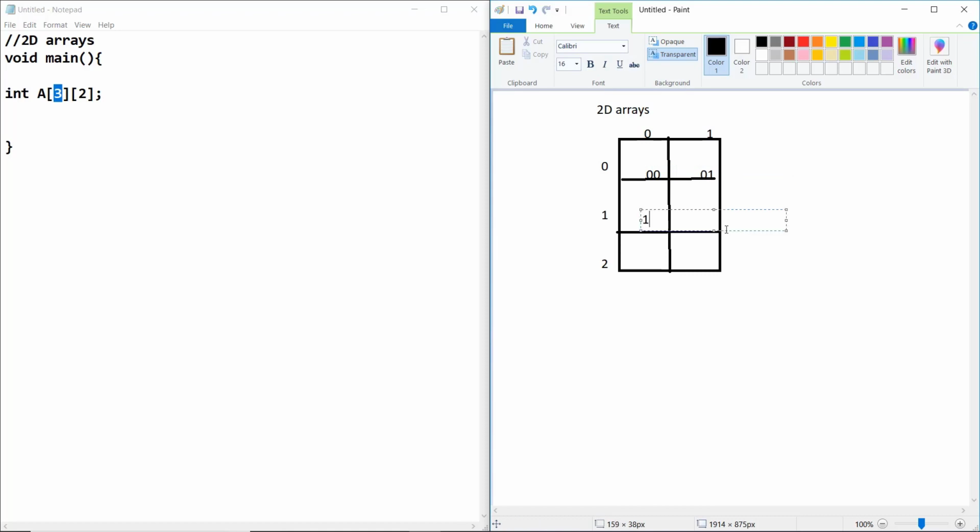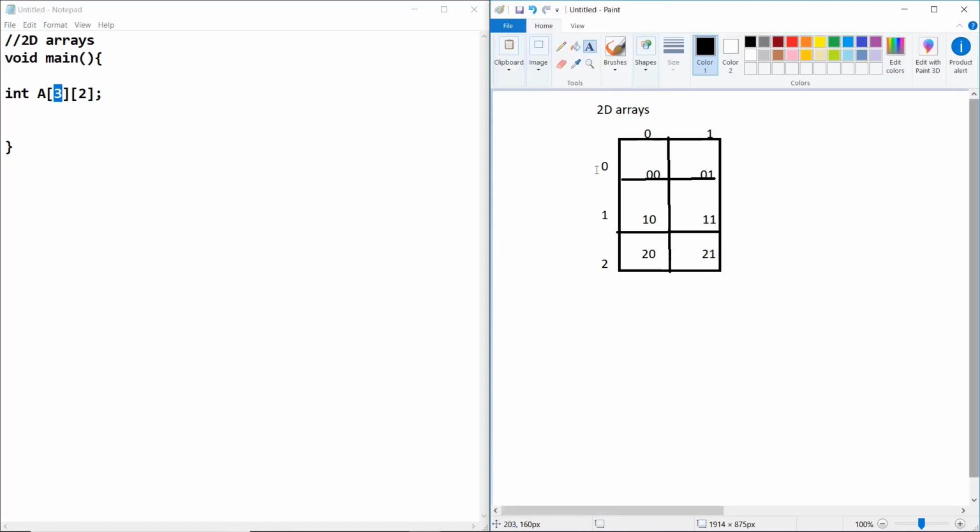This address is 1, 0. This address is 1, 1. This address is 2, 0, and this one is 2, 1. So the intersection is your address. This intersects with this, that is your address. This is how it looks in memory.